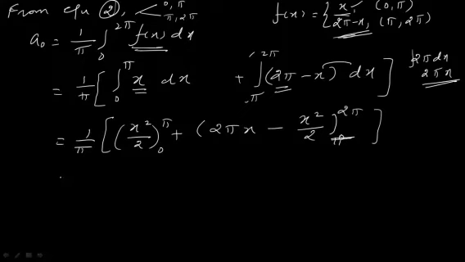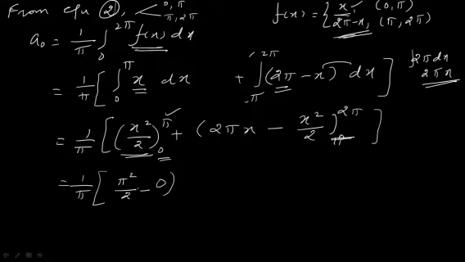Now let me substitute the limit, upper limit minus lower limit as usual. So here we substitute the upper limit as pi. If you substitute the upper limit as pi, what happens? You get pi square divided by 2 minus, coming to the lower limit 0, 0 square by 2 is nothing but 0. So we simplify this term. Let us go to the next term here. So let me substitute upper limit. For that I am going to put a small parenthesis. Okay. So upper limit minus lower limit, and close this small parenthesis and close this big bracket.